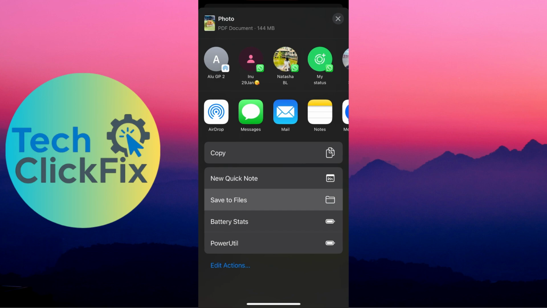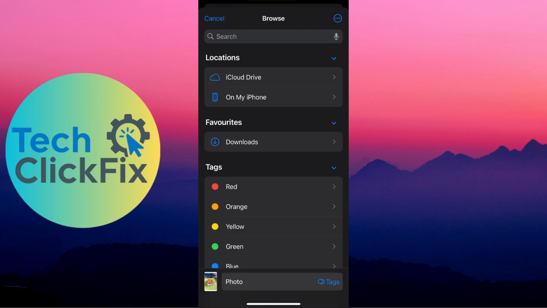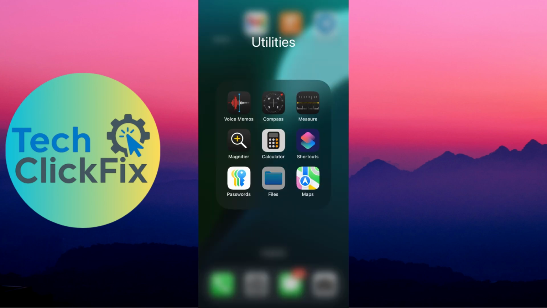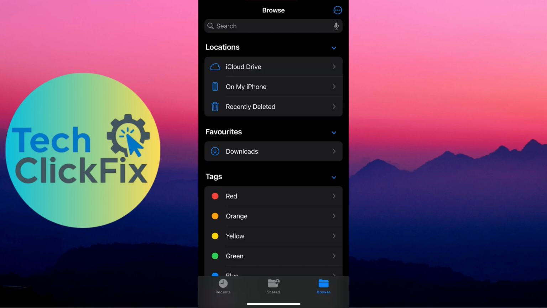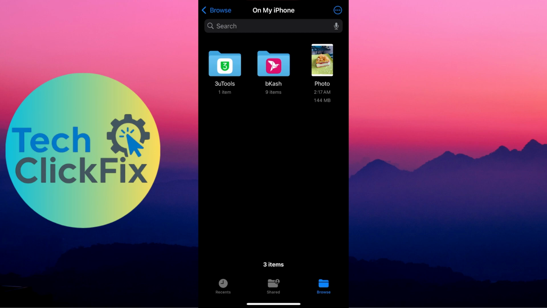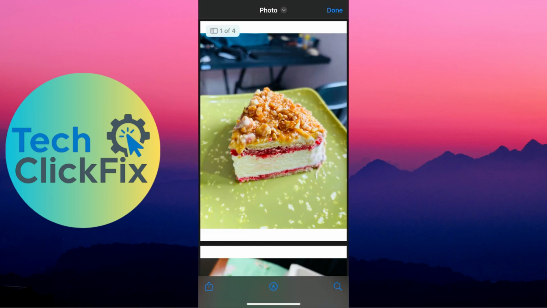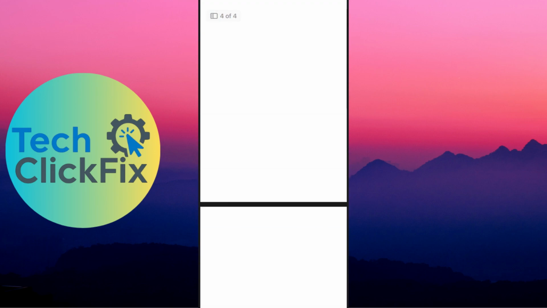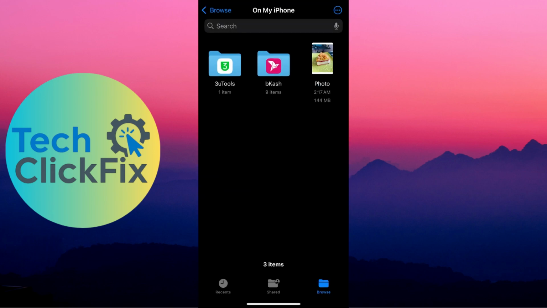Now what I'm going to do is select save to files. I'm simply going to save it on my iPhone and click on save. Now if I open the files application and then I will go to on my iPhone, as you can see, this photo is now saved as PDF. So if I scroll down, you will be able to see all those 4 photos that are saved as PDF